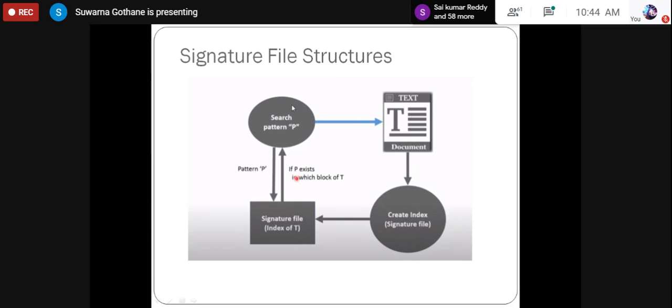In your search process, you will be sitting at the front end system and you will fire a query, or you are interested to look for a particular text or a particular image. That is called the search pattern P. Okay, so as we discussed,